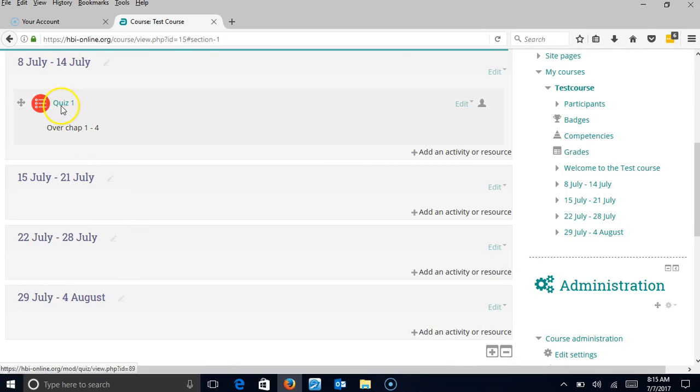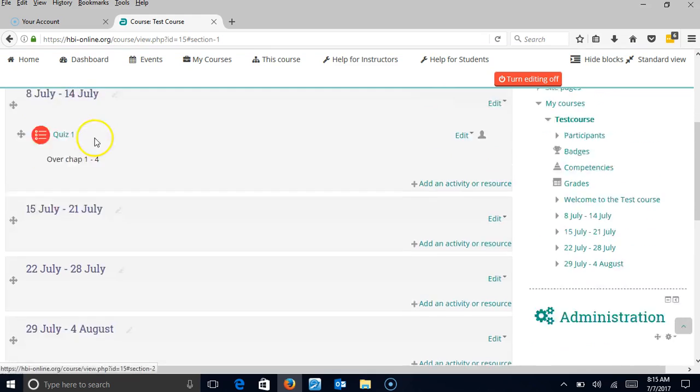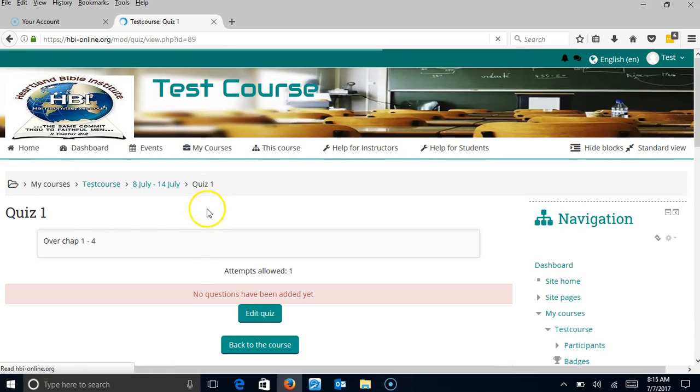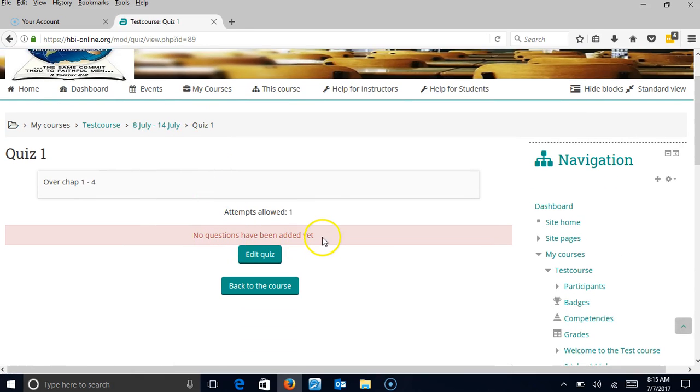Now, we didn't change anything, but there's 2 processes to creating the quiz. First is to create the quiz, and then second is to load the questions. So when you click on quiz for the first time, it will open up the quiz. It'll say no questions have been entered. Edit the quiz or go back to the course. And what you're going to want to do is edit the quiz, simply by clicking on edit quiz,